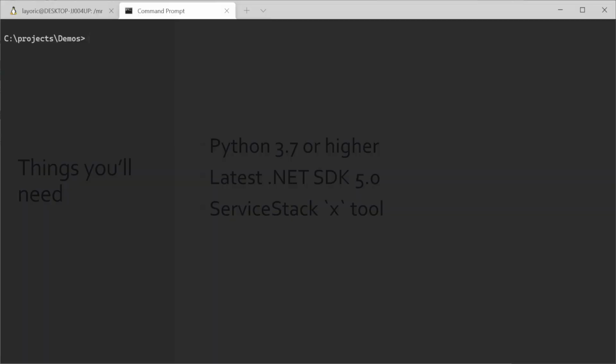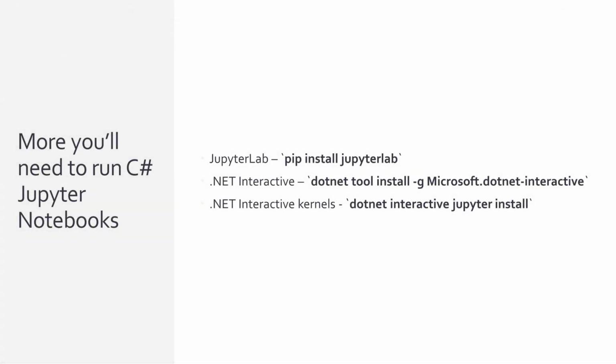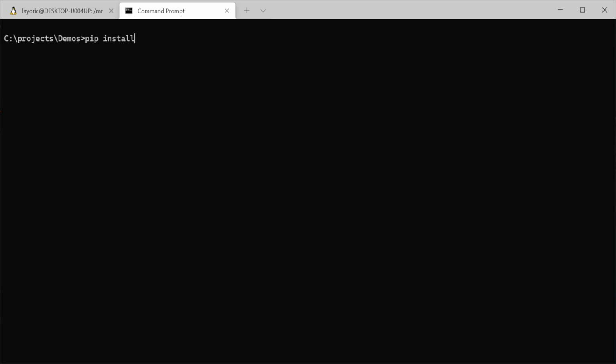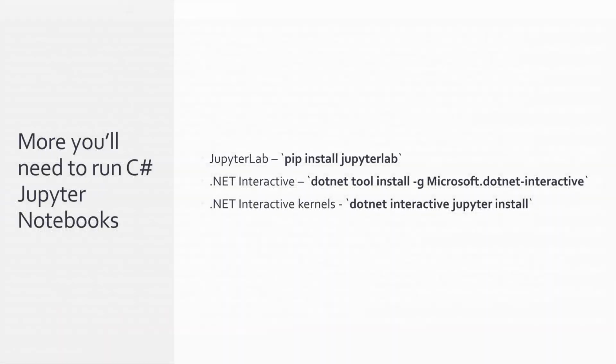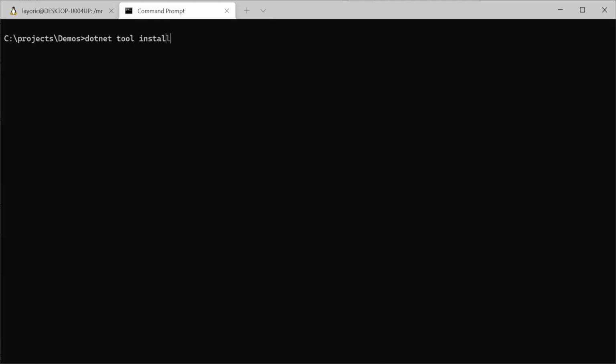If you don't have the ServiceStack X tool installed, you can install it using the command dotnet tool install -g x. And then before our system is ready to run Jupyter Notebooks, we're going to install 3 additional pieces of software. First, we want to install JupyterLab itself using the command pip install jupyterlab. Once completed, we can install the .NET Interactive tool using the command dotnet tool install -g